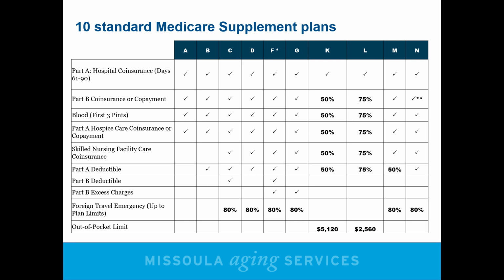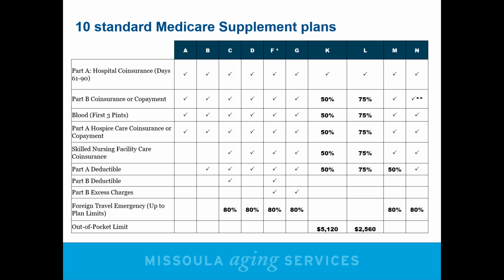Maybe draw in an extra column on the right hand side, or on the left hand side. What are the benefits I need? And put a check mark next to each one that sounds important to you. And then based on that, you know what type of policy you're shopping for. If you checked every single box, Plan F. If you only checked the first 4 boxes, you're looking for Plan A. Now when you're doing this, you don't want to think about just your healthy 65-year-old self. You want to think out into the future,